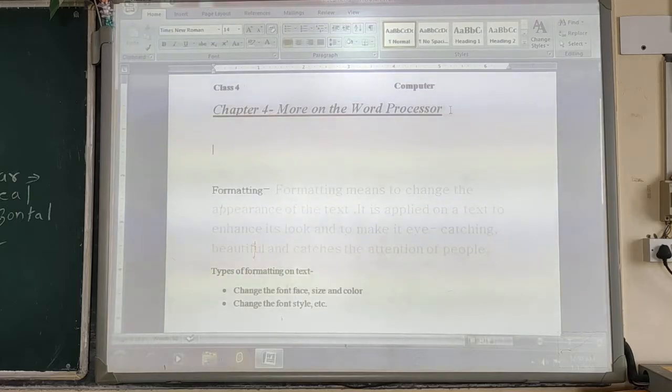Now if you want to remove this formatting, what you have to do?